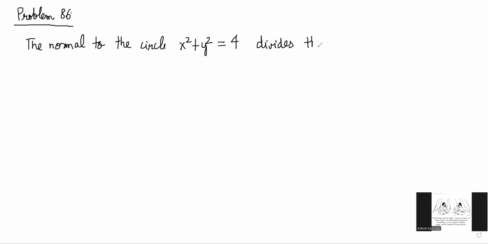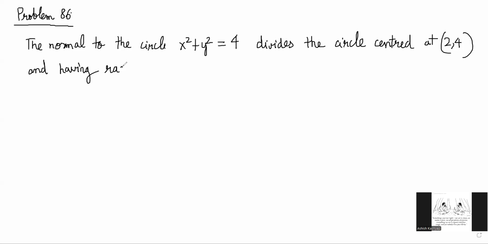Hi, in this problem, we are going to look at a question involving circles and areas. So the problem goes like this. The normal to the circle x square plus y square equals 4 divides the circle centered at 2 comma 4 and having radius 2